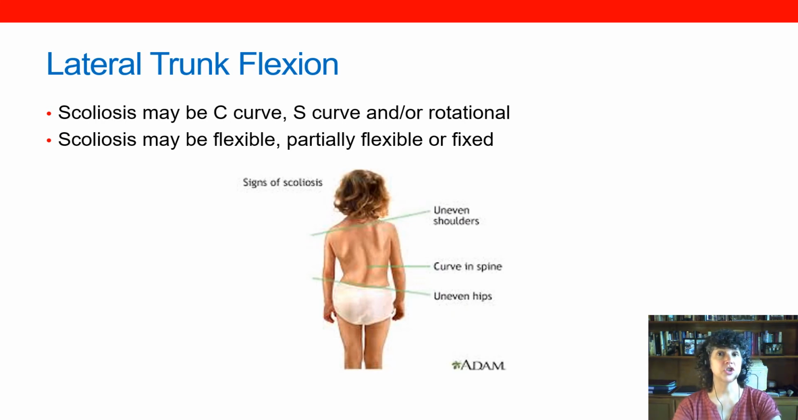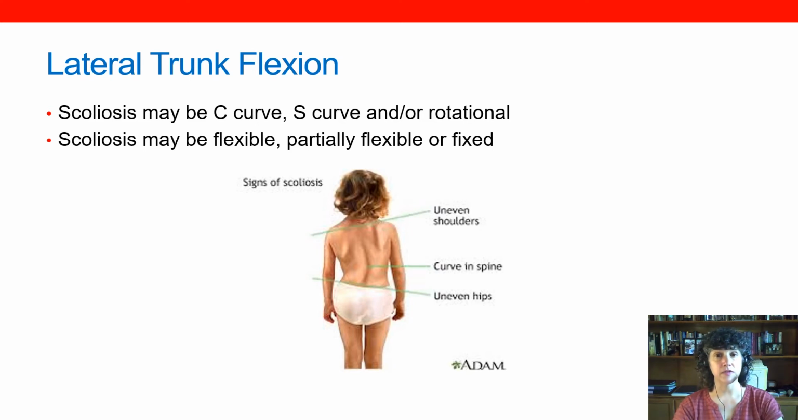And that brings us to lateral trunk flexion, often called a scoliosis. So this may be a C curve. That C curve may quickly turn into an S curve because our body is wired to keep our head midline and upright. And so if I start developing a C curve, I'm going to try to find that upright position and I'll get an additional curve in my back. So it's important to do that mat examination